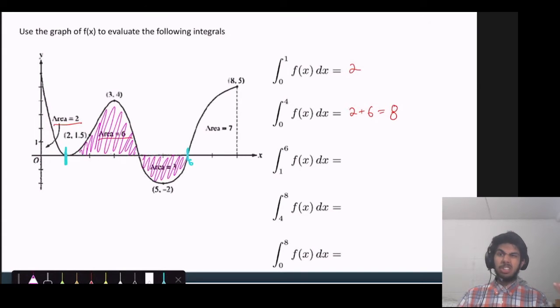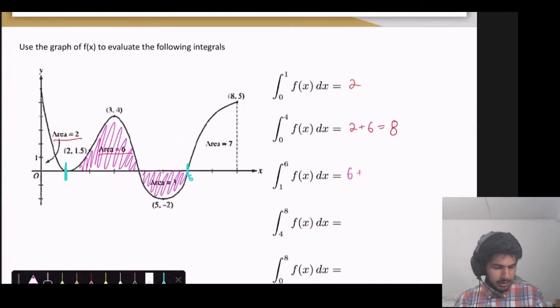So when we say under the curve, although this area is technically above the curve, we're just looking at the area between the curve and the x-axis. So again, we can split things up here. We know that this area is 6, and this area is 3. So we can say that this definite integral is